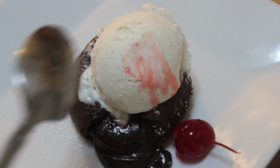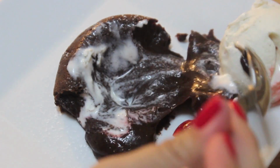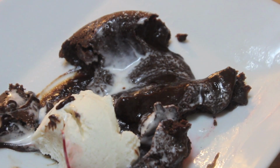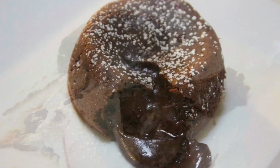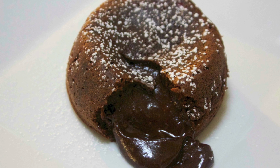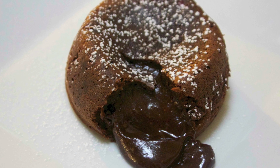Although I'm not a fan of vanilla ice cream, this is the only time I eat vanilla ice cream. Nothing can beat vanilla ice cream on top of a warm lava cake or even a warm slice of chocolate cake. Some people do serve lava cake without ice cream. I can't imagine that. I hope you guys really give this recipe a try with vanilla ice cream on top,